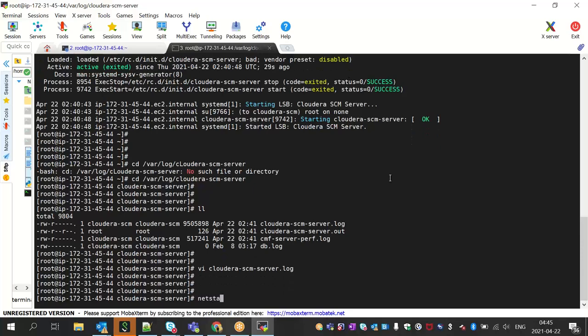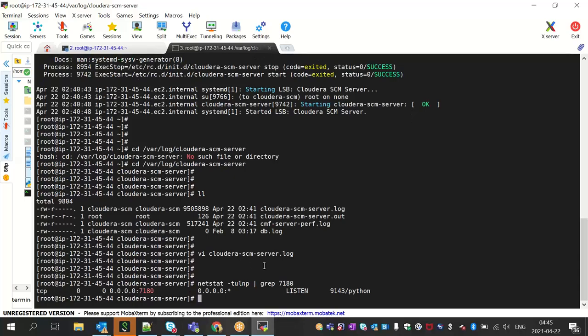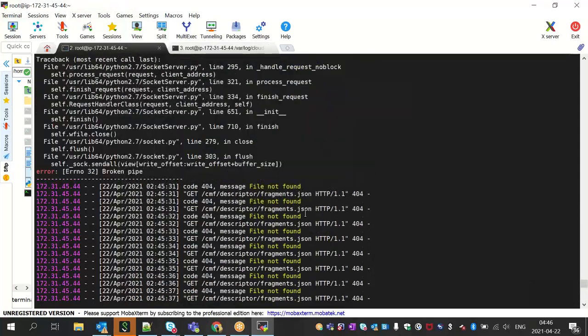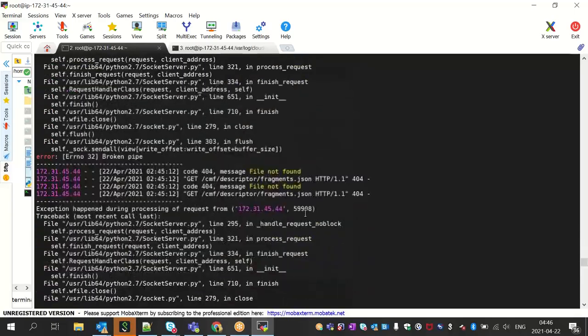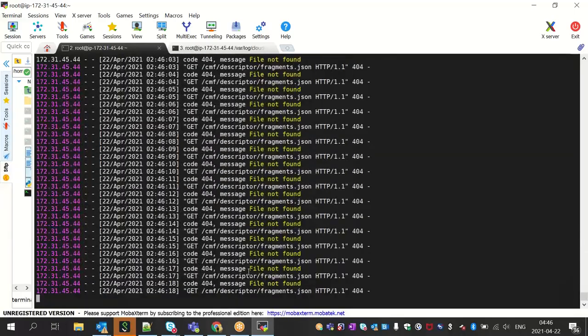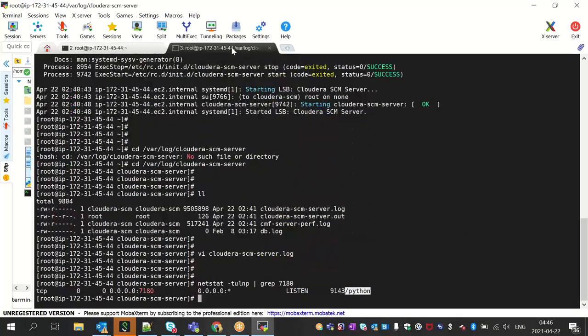So I will check which service is actually using it. I will try to check if 7180 is already up and running. I see, yes, it's running. Now, which is the process ID which is trying to run it? This is my process ID. And this is the type of application which is running. Definitely, I ran a Python application here. This is my application which is already running right now also. I have not stopped it. But since I'm unaware of this console,